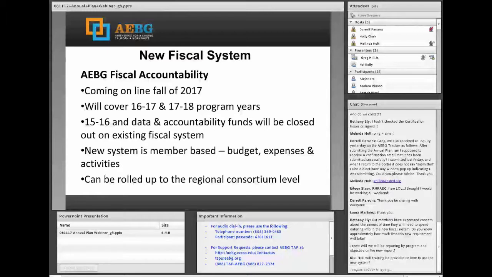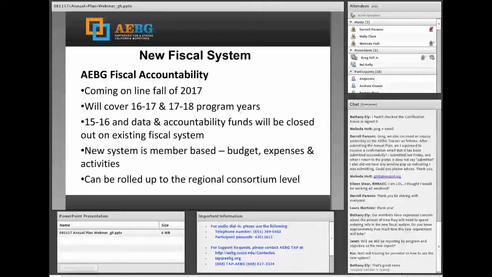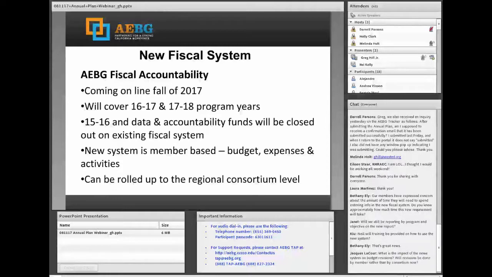On the other side, for the expenses and budget, it'll just be their 1000s through 7000s and their indirect, and they will put in their budget, and then quarterly they will put in their expenses. And I think everyone does this anyway. So I don't see it being any more of a workload issue than it is now. Okay, so hopefully I answered Bethany's question.